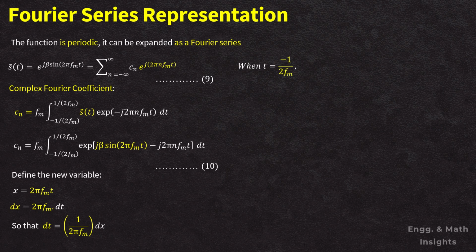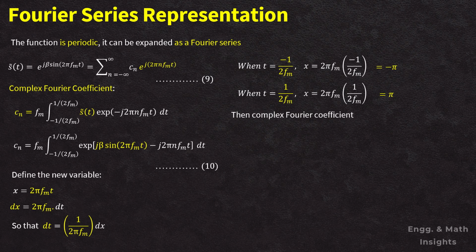When t is equal to minus 1 by 2 pi fm, then x becomes 2 pi fm into minus 1 by 2 fm, which is equal to minus pi. When t is equal to 1 by 2 fm, x equals 2 pi fm into 1 by 2 fm, or pi. Now if we put the value of dt and the limits of t in equation number 10,